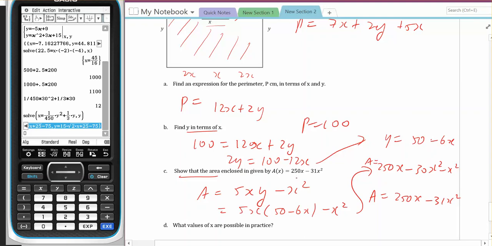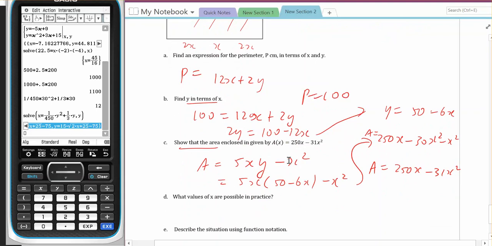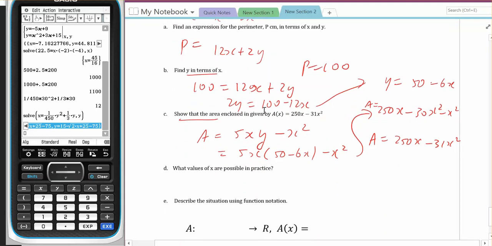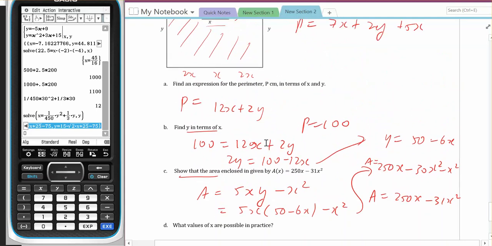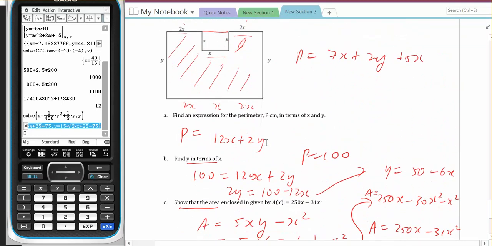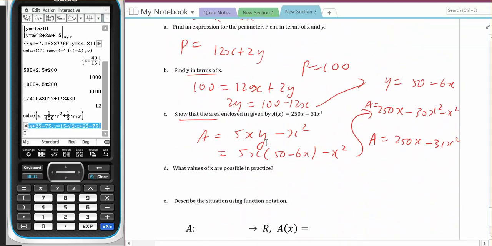Don't give up and say, I can't do this. Use this answer for the next part, because that's the reason why there's a show-that question: if you don't know this, you can move on. So what values for x are possible in practice? Well, obviously you want